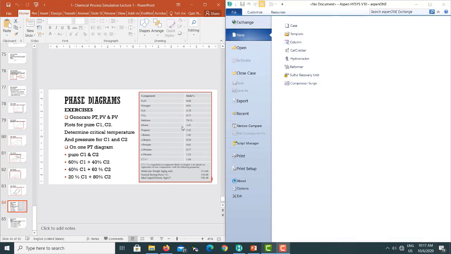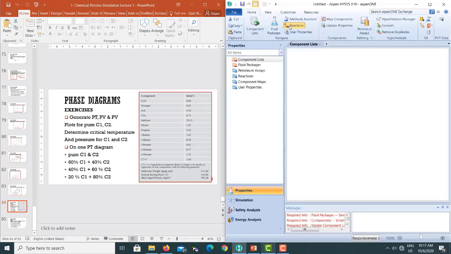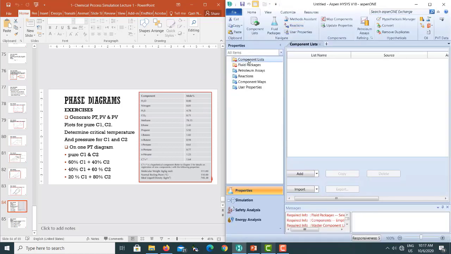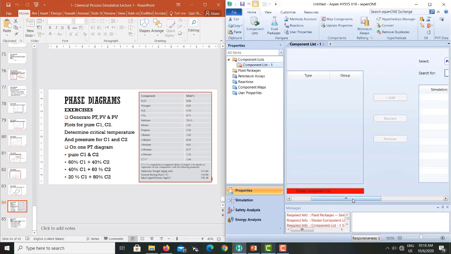And on your right hand side you have some multiple components also mentioned. So what we will do is we will start with the pure component first, and then we'll go to the mixture, and then we go to the multiple components. So we'll start with a new simulation. Click on new case. The first thing you need to do is to select the components. So I will select all the multiple components